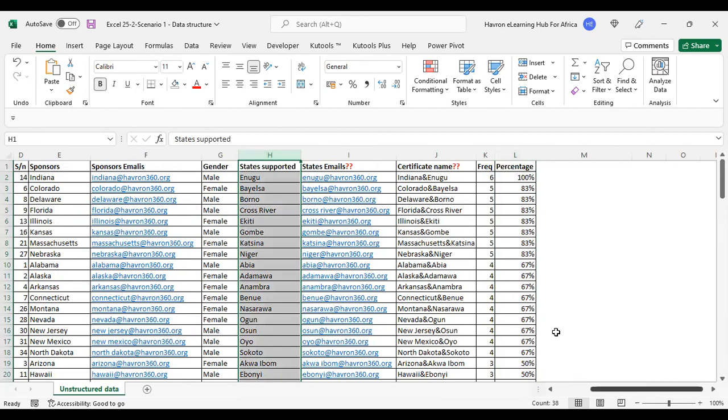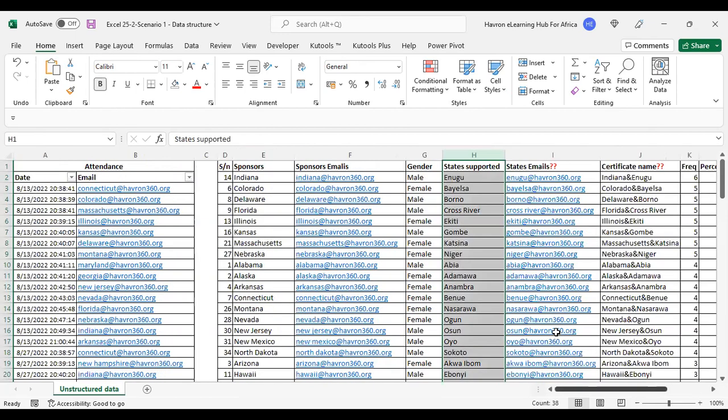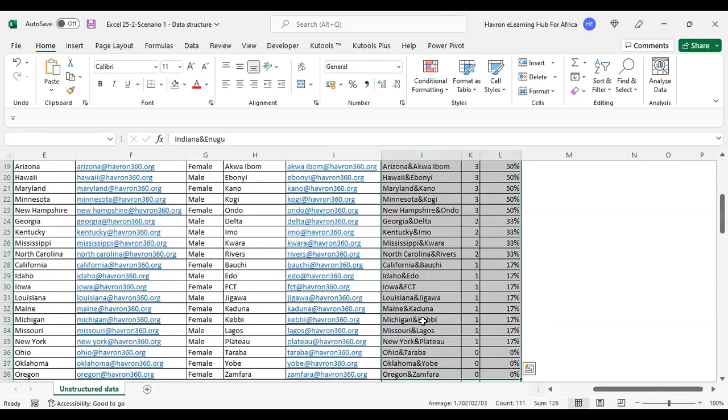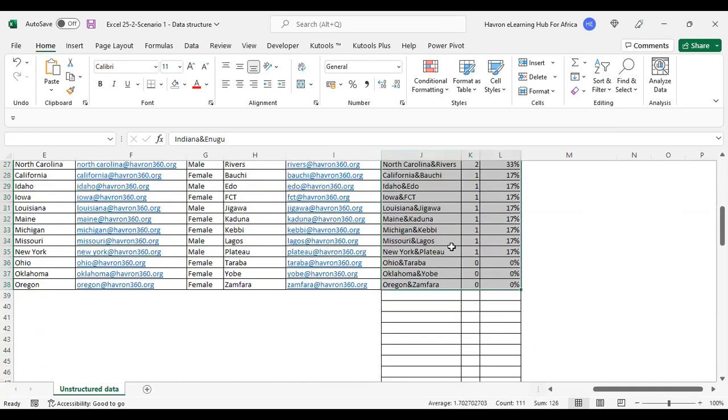So whichever one we want, we can do so. Okay, so now let's highlight the name from here because this is the name that will be on the certificate, okay? So what we are going to do is select from here up to this point and then select the entire